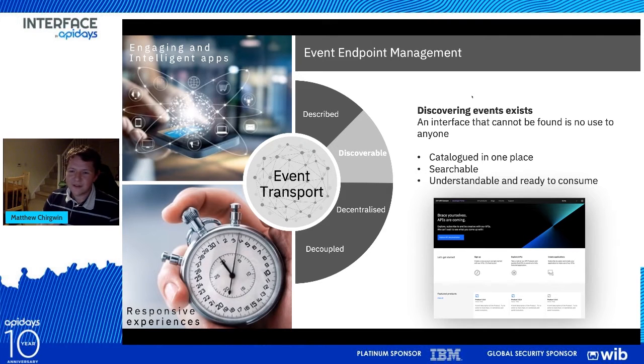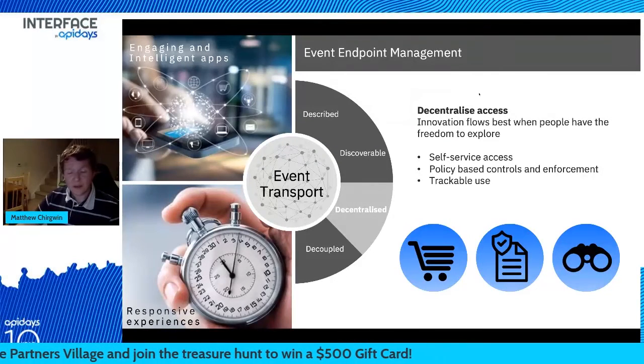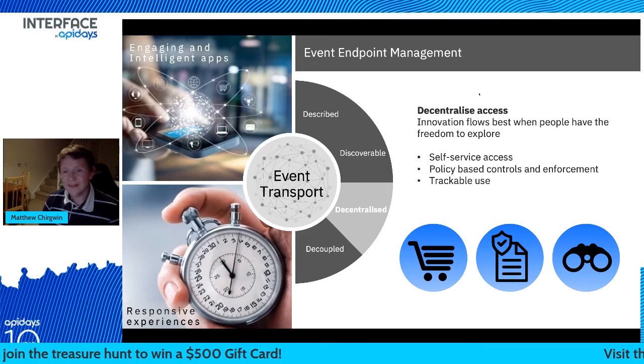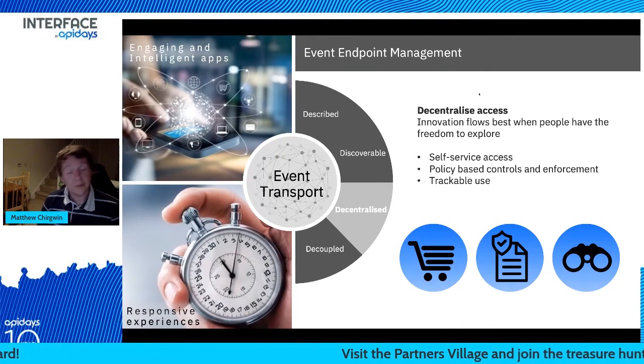So an application developer can quickly identify something which may be of interest to their use case, and then they are then able to sign up to make use of that. So the developer portal goes hand in hand with something we call the event gateway. The event gateway is a point of enforcement. It applies policy and other controls to make sure that only authorized applications are able to connect to the gateway and subsequently connect to the real backend system. That is all managed in a self-service manner in the developer portal.